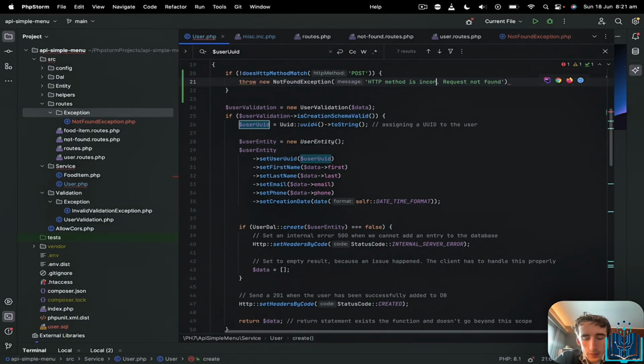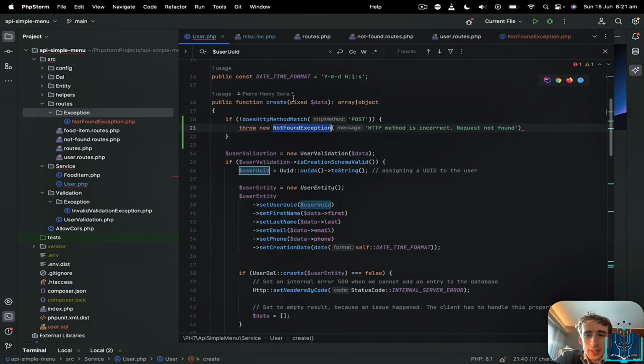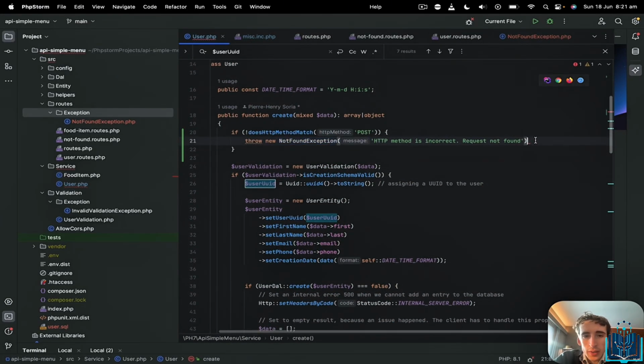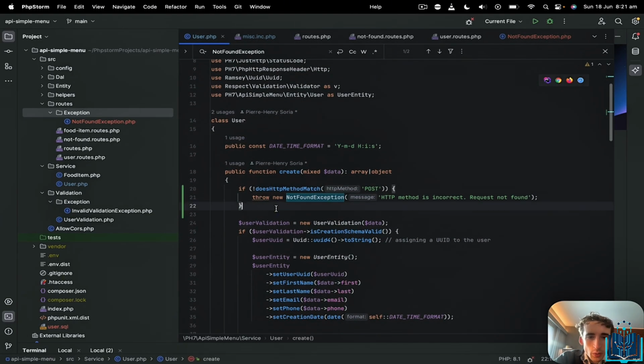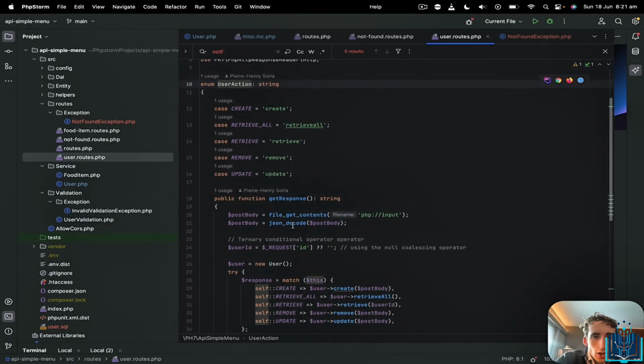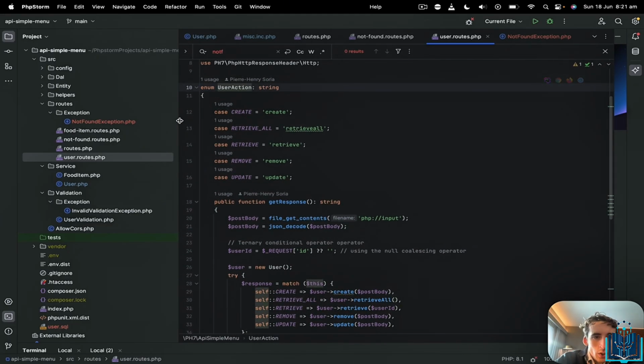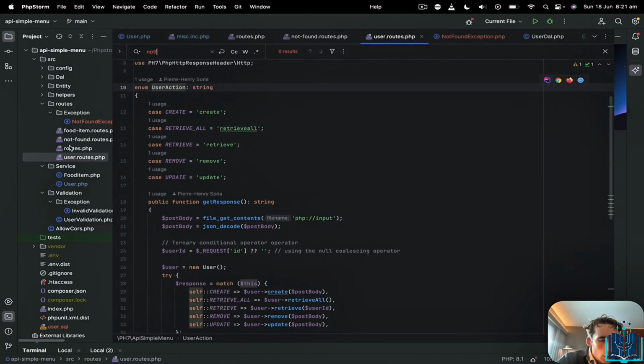Although we want to send a not found exception here and not like an invalid request or something like that. We have our not found exception imported too inside of our user service. So we just check if the post method doesn't exist, we throw this exception, and inside of our user action,